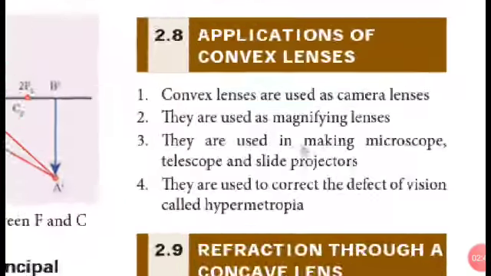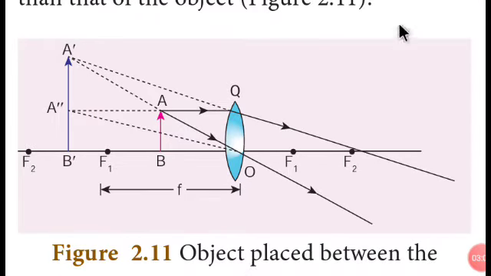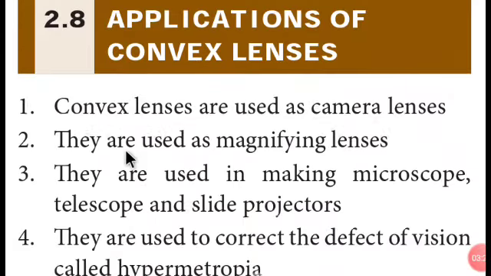And coming back to the application of convex lenses, we have 4 applications of convex lenses. We know convex lens is actually a converging lens, so we can use it as a magnifying lens also, because it is going to view smaller sized objects as greater sized objects. Very simple. This is a magnifying lens, and you are going to keep a very small object in between the lens focus and optical center, so you will be getting a bigger image of this small object, and that's why they are using convex lens as a magnifying lens.